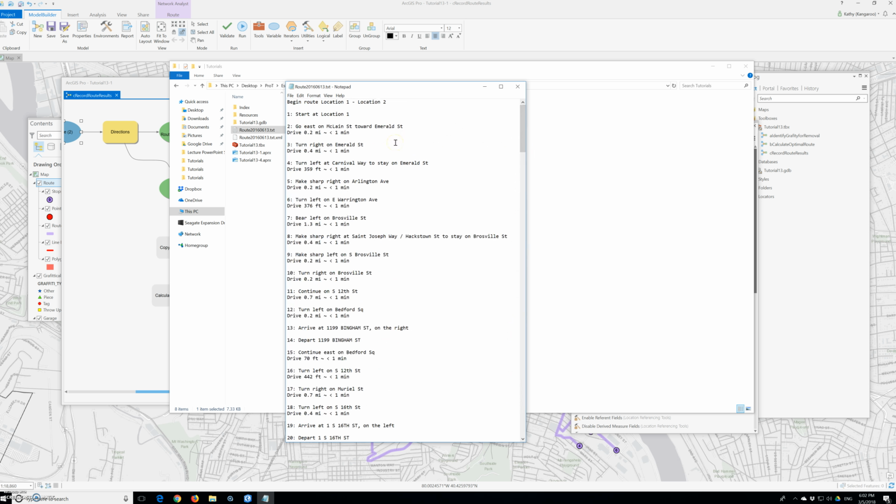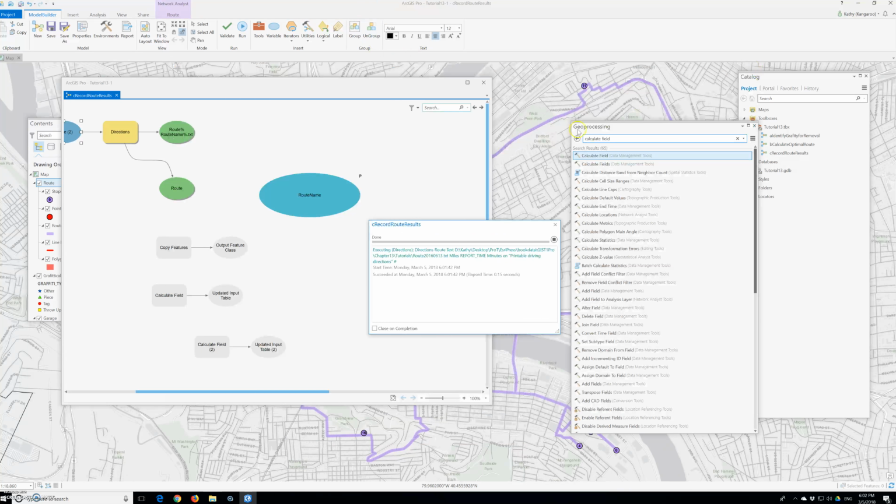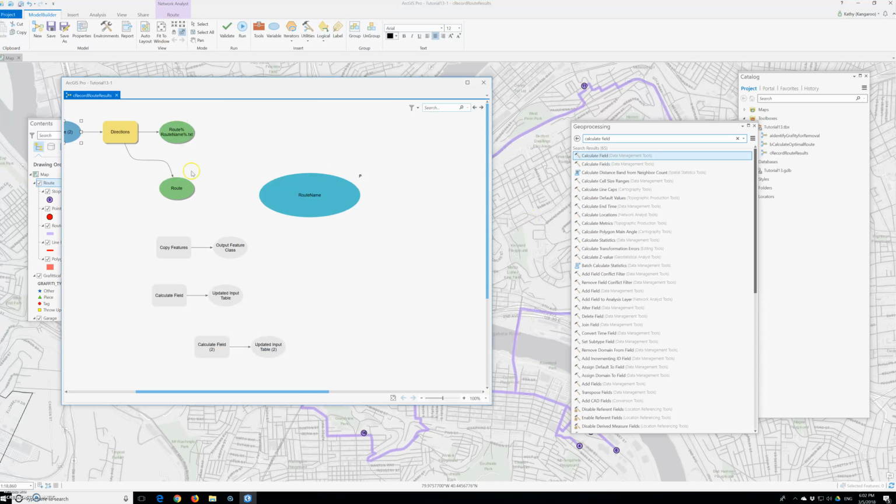All right, and now we will configure the copy feature process. So we will open the copy feature process. Oh, I shouldn't close it, but it's okay. So I'm gonna open it up. And then for input feature, we're gonna select routes. For output feature class, we're going to type